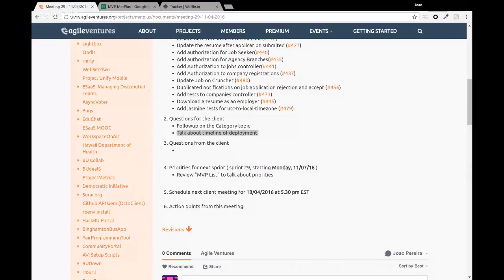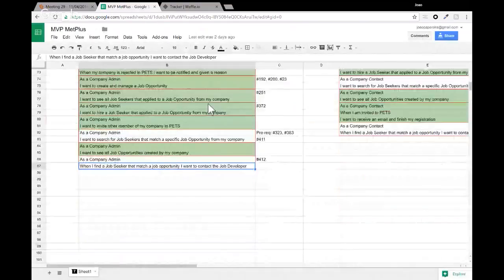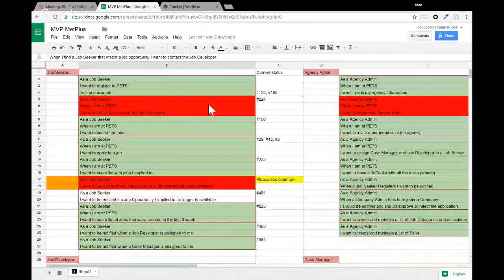Okay, so in terms of priorities for our MVP, this is the first glance at how we will be working after we have this deployment. The way we work is going to be a little bit different. Instead of having this hard coded, or having us come to the meeting and say, I think in the next 2 weeks we are going to do this, we are going to have a list similar to this one, and go through the list with you.